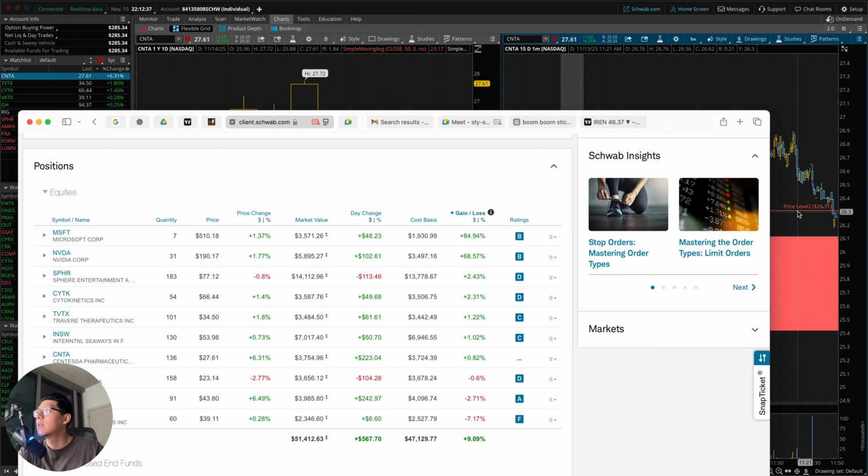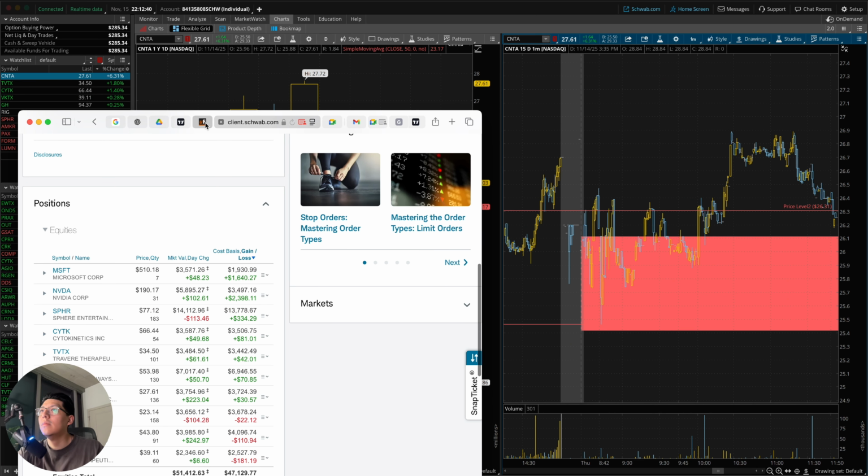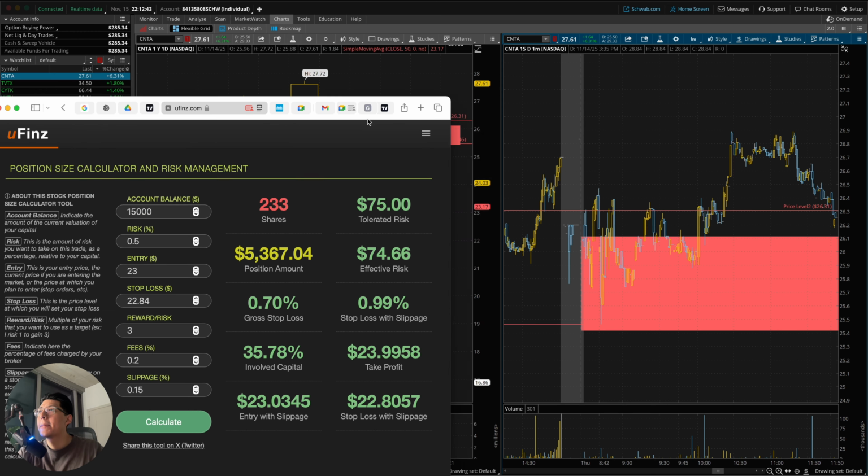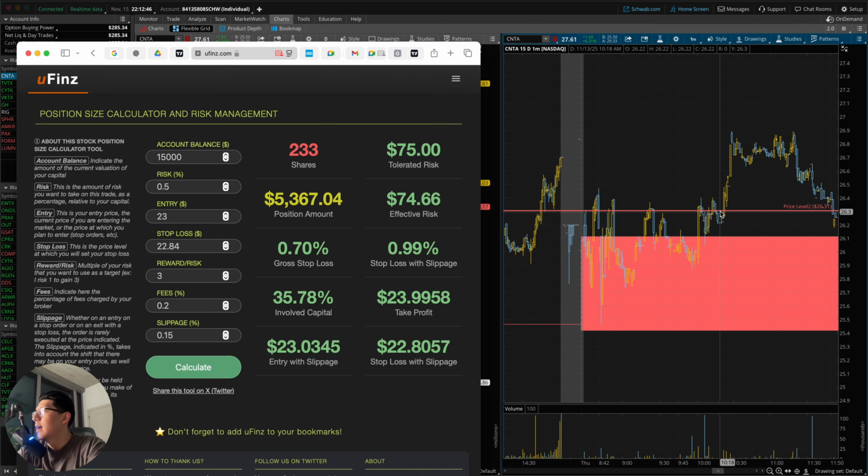So what I'm gonna do is, as soon as we broke it, put in the price on the calculator. In this case, it's gonna be 26.31. Stop loss is gonna be all the way at the low of day. As you can see right here, I already have the line at the low of day. In this case, it's gonna be 25.47. Just calculate, and based on that, I can go in with pretty much $2,000.